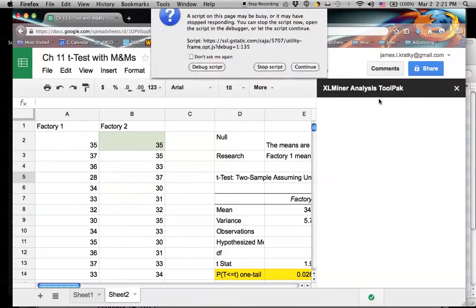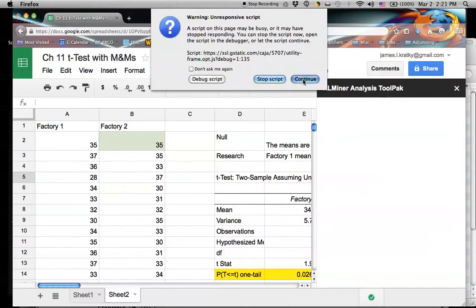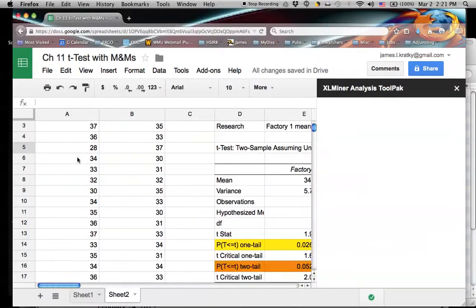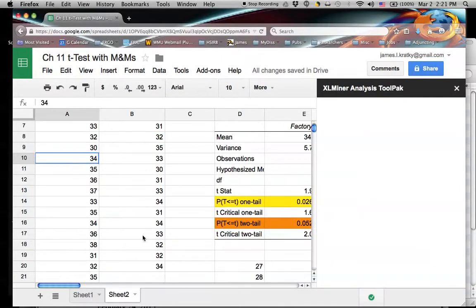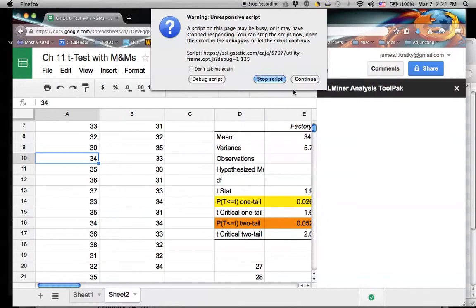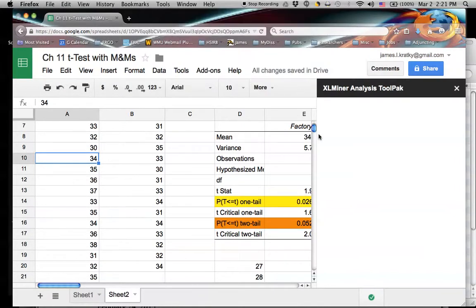While it's doing that, again, just to review a couple of things. In this case, we didn't have the same number of data values, and that's okay because these data are coming from two different locations, and they're not paired, they're not matched up,